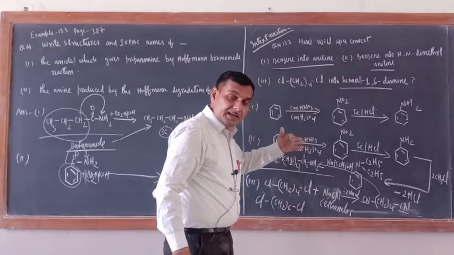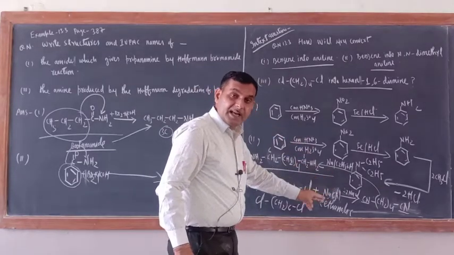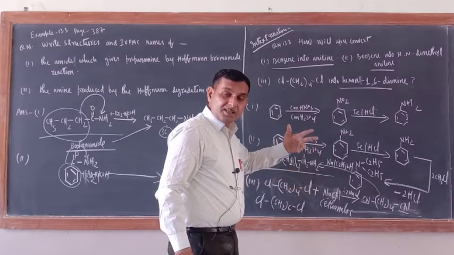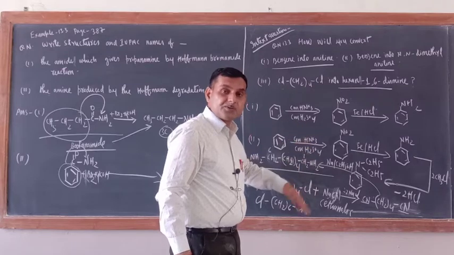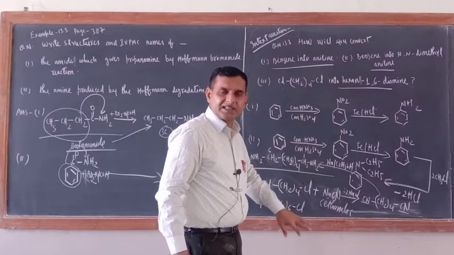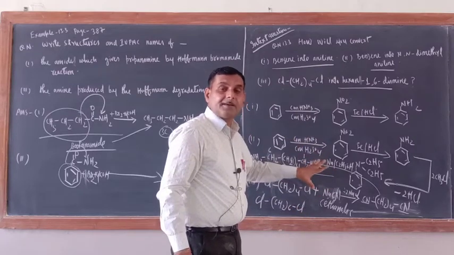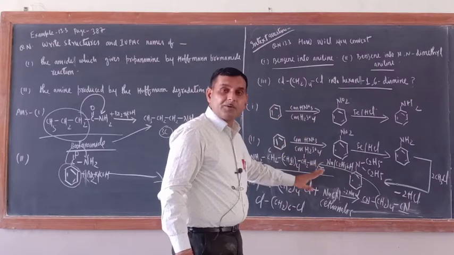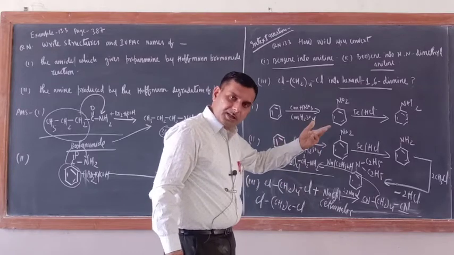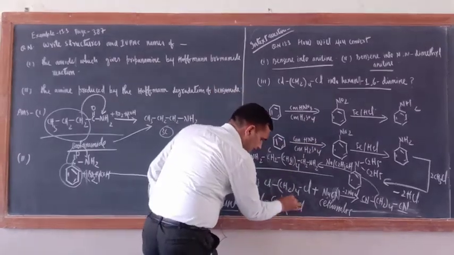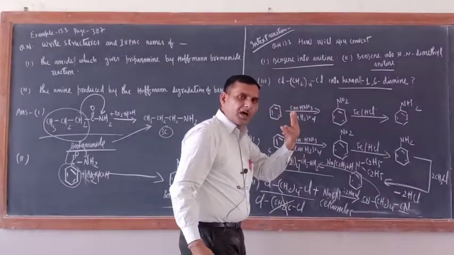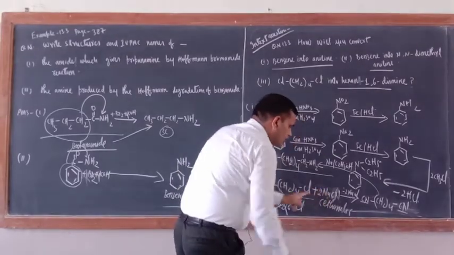In case of ascent of series, we can use them because when cyanide is subjected to reduction, the product is NH2 group. When cyanide is subjected to partial hydrolysis, the product is amide, CONH2. When cyanide is subjected to complete hydrolysis, the product is COOH, carboxylic acid. That is why cyanide plays a very, very important role. In all the units we have utilized this compound in conversion of one compound into another. Okay, so this was not the case. Since 4 carbon atoms are there, we require 2 more carbon atoms. That is why the reaction with 2 NaCN.